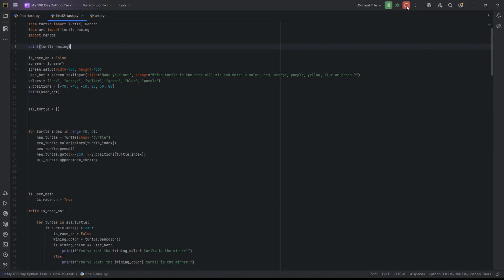When I close this app, it says race_on is equal to False. It means when the race is not on, the screen is going to be a screen. Screen is equal to Screen, and then screen.setup with width equal to 50 and height equal to 40, like 50 by 40 or 40 by 50, like X and Y. And then user_bet is equal to screen.textinput. Screen.textinput